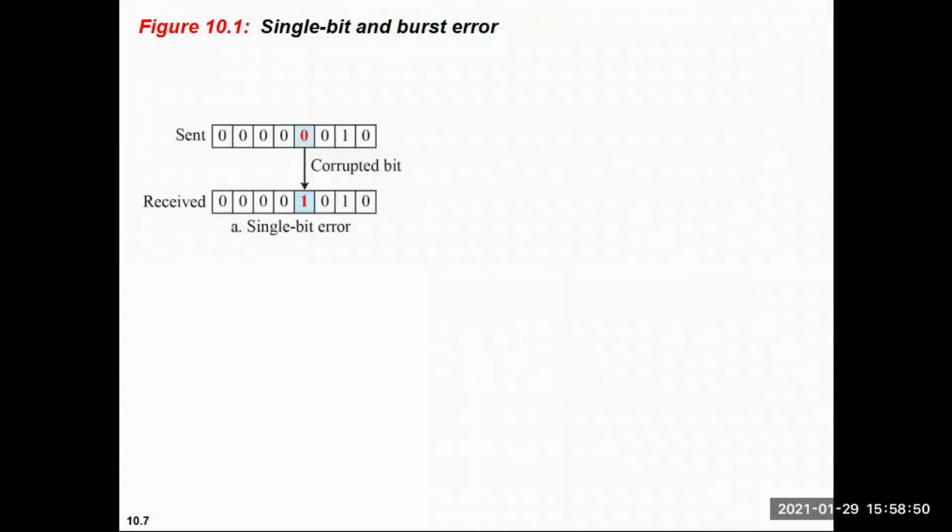So in this figure, you can see that we have sent 00000010 as our 8 bits. But after one corruption, the received bit will be changed at this place. And this is the case for single bit error.